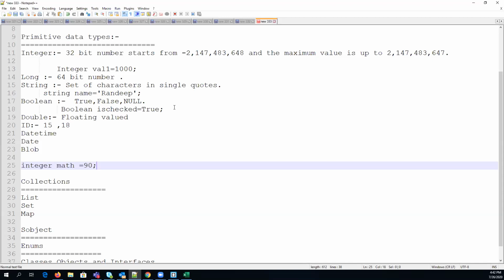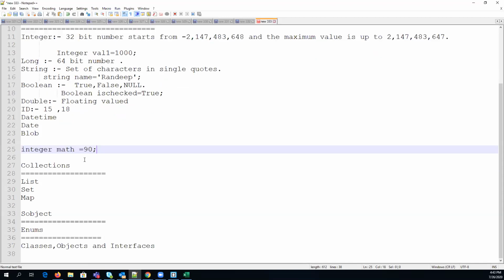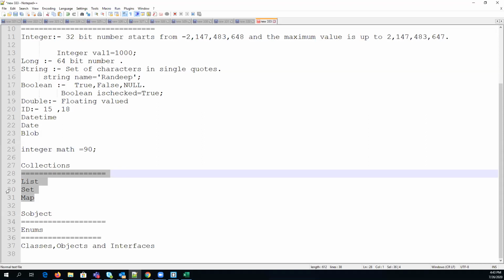For multiple value storage, we have collections. We have three types of collections: list, set, and map. These are the classes we have. We'll discuss all these topics in detail, but for now, just think of these as variables to store multiple values in a single variable.